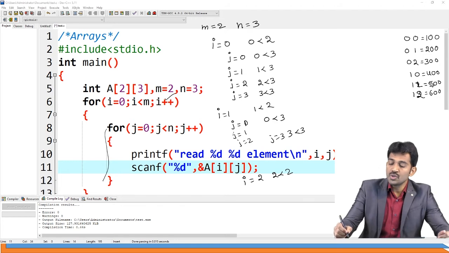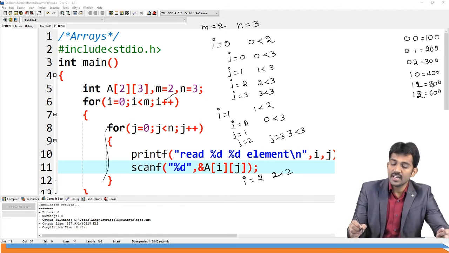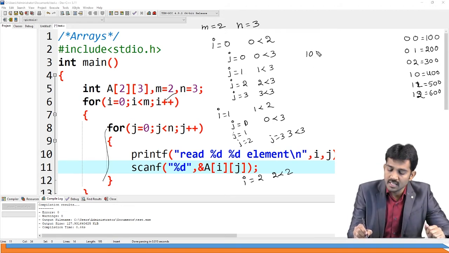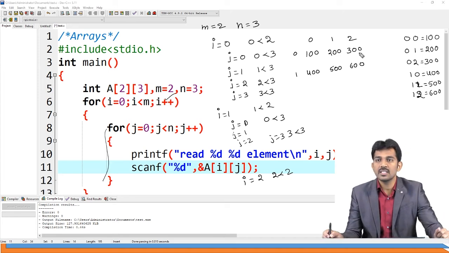See, now you store this data. See how the data is there? The 0, 0 index means the data is like this: 100, 200, 300, 400, 500, 600. Right? This is the 0th row, first row. 0th column, first column, second column. Now you can check it. 0, 2. What is the value? 300. Right? Is this clear?